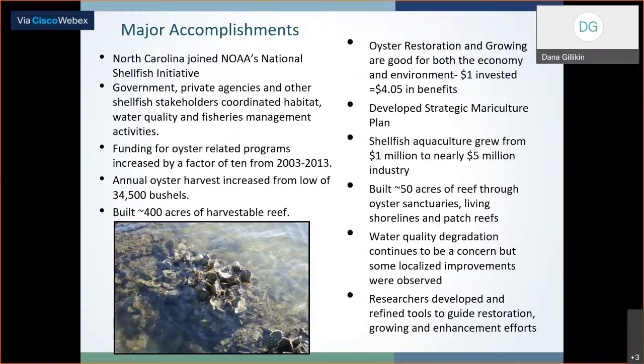This slide just highlights some of the major accomplishments in the last 15 or 20 years of the blueprint, including North Carolina joining NOAA's Oyster Shellfish Initiative, government and private agencies and other shellfish stakeholders coming together to coordinate habitat, water quality, and fishery management activities, increasing funding for oyster-related programs by a factor of 10 from 2003 to 2013, annually increasing oyster harvest, coming from a low of 34,500 bushels in the 90s, building 400 acres of harvestable reef,